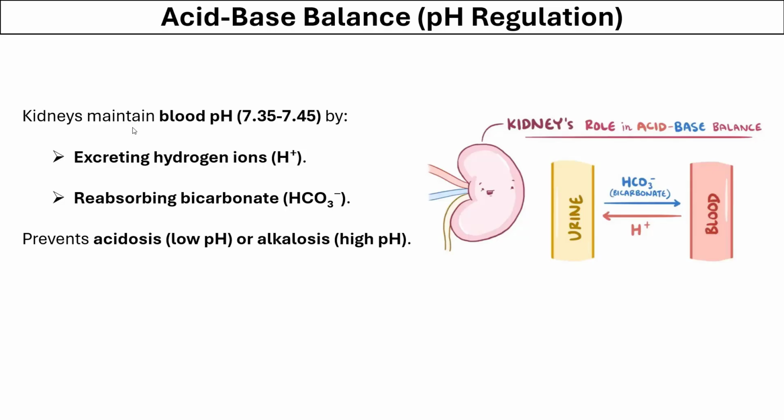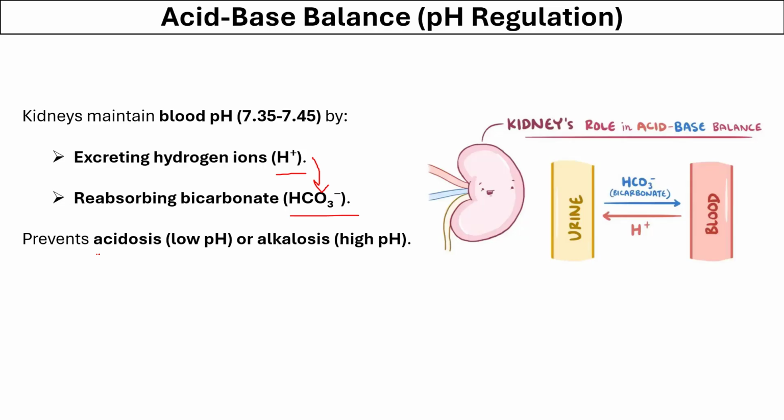The kidney also plays a very important role in maintaining the pH of blood. The pH of blood is controlled by two important ions, the proton or hydrogen ion and the bicarbonate ion. So by changing the concentration or amount of these ions, we can make the blood more acidic or less acidic and make urine more acidic or less acidic. So this helps in maintaining a balance of